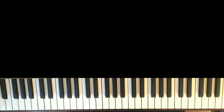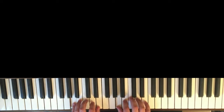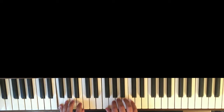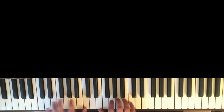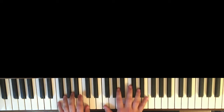Now I'll play a little bit of the chorus for you guys so you can understand what it sounds like. It's 4 different chords, but you're going to be fine learning that. It sounds like this. As you can see, there's 4 different chords. You're going to start out on this